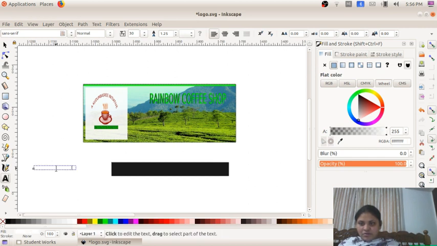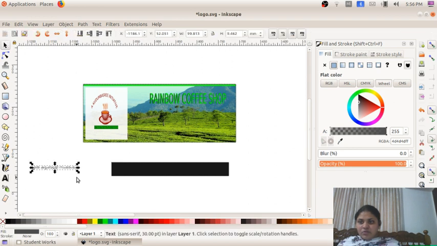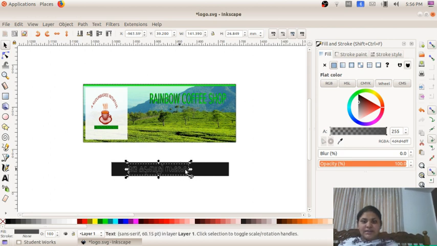So now it is not the same, so we will give an ash color, somewhat ash or bright color. White color also is not visible on the box. So after that I will make it more clear, and I am placing it on the banner. Now it is clear, right?